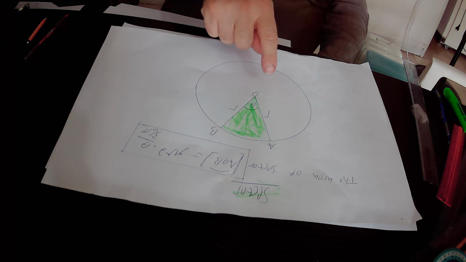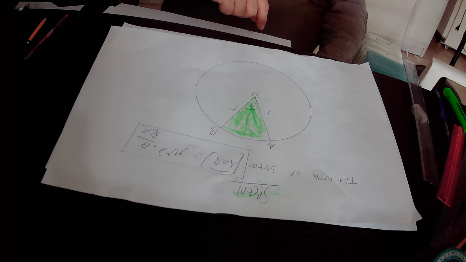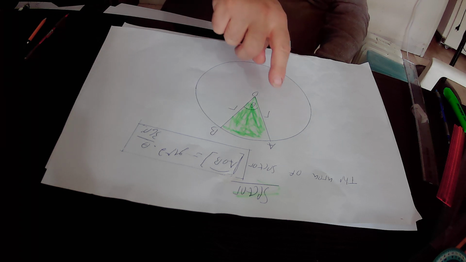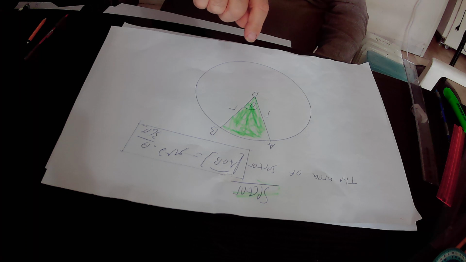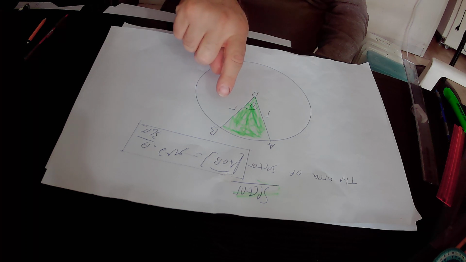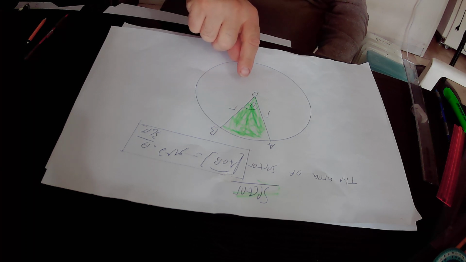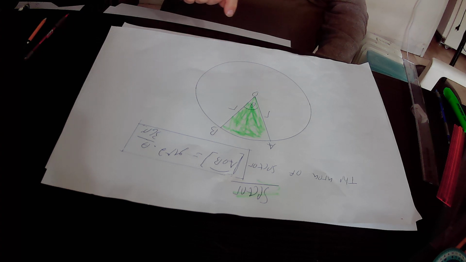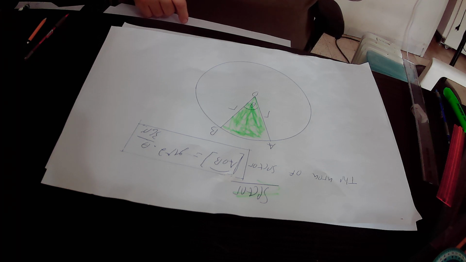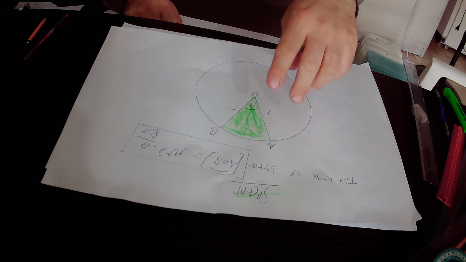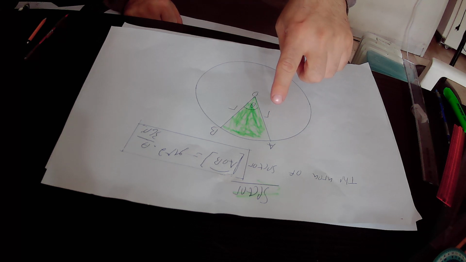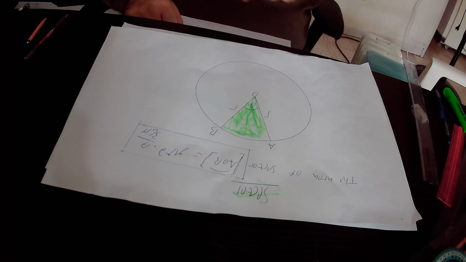The green sector AOB consists of two legs. The first leg is AO and the second leg is BO. Both legs are the radii of the circle. Therefore they are equal to each other. And it also consists of arc AB, that is the arc between those two legs AO and BO. We can say it is the small